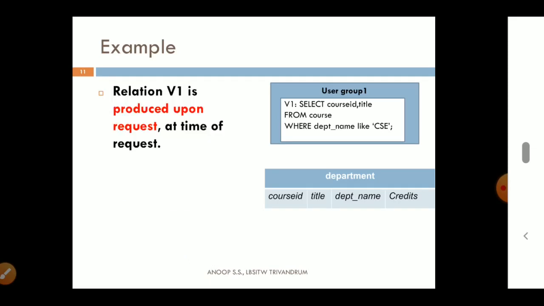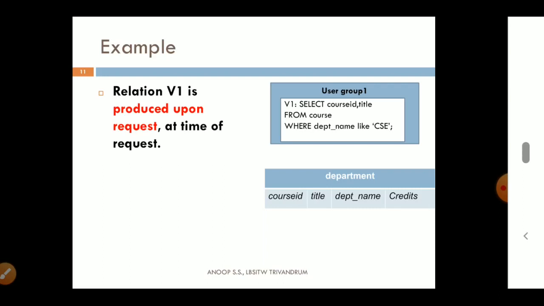So the v1 view, or the result set for the select query corresponding to view v1, will be created only when any user from user group 1 requests any data from that v1.